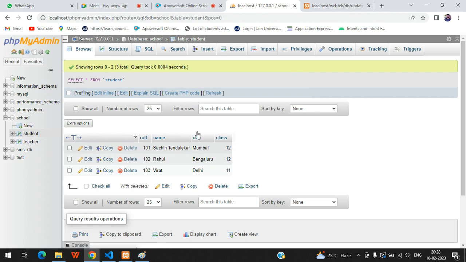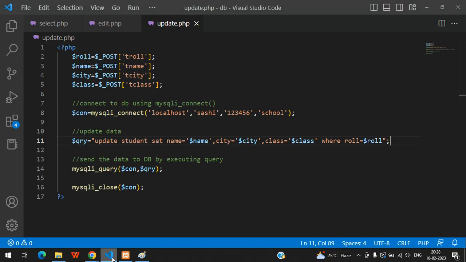Got it? Now, since in update.php we did not output anything, it is showing a blank page. It should not take place. A blank page will not be there. So what we can do, we can redirect after updating the data from here. There are many ways to redirect, using JavaScript or PHP. PHP has a function, say